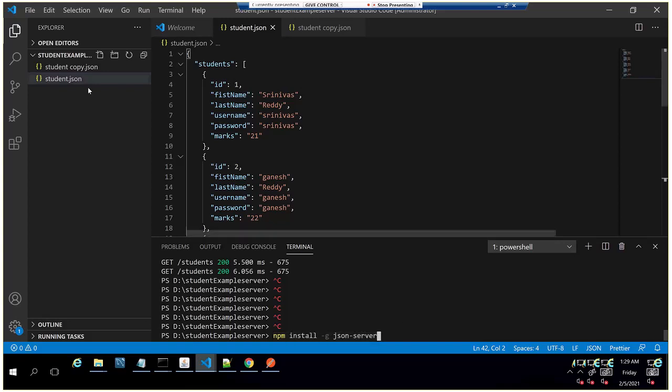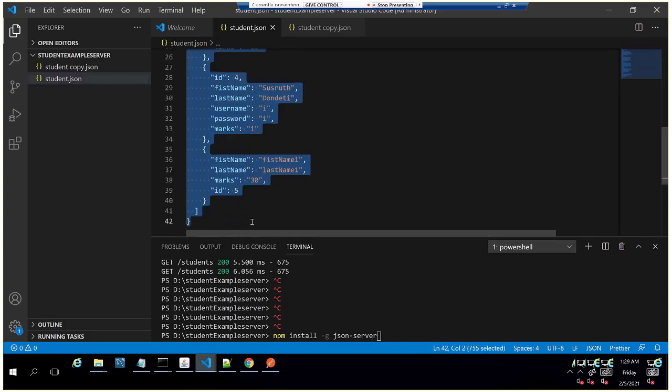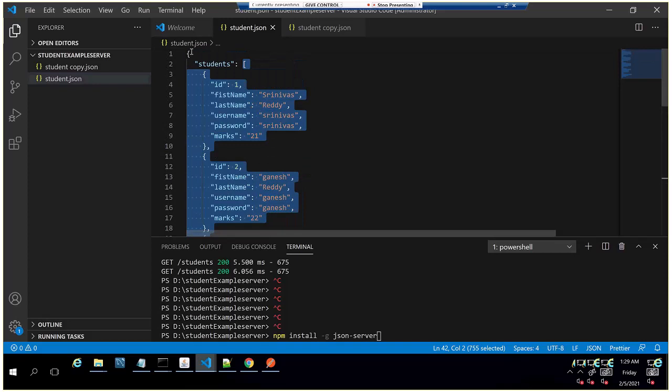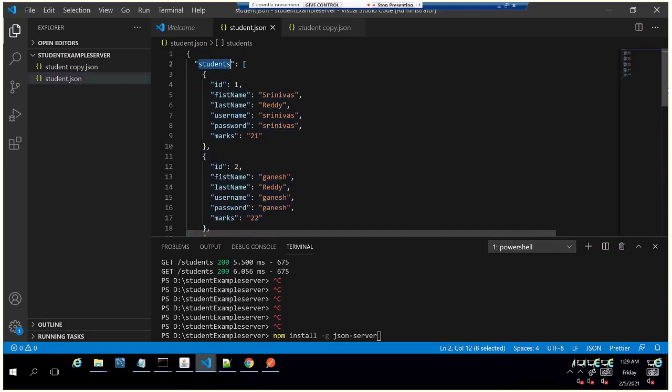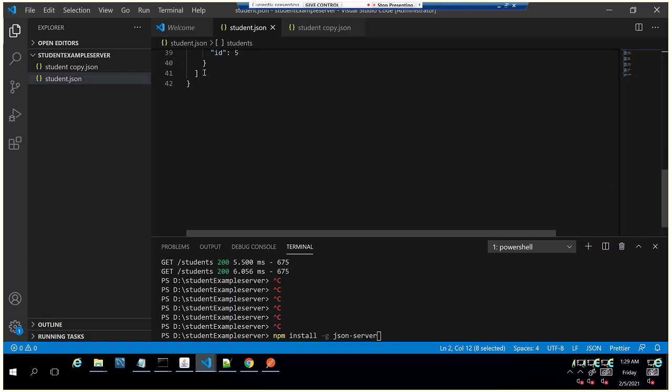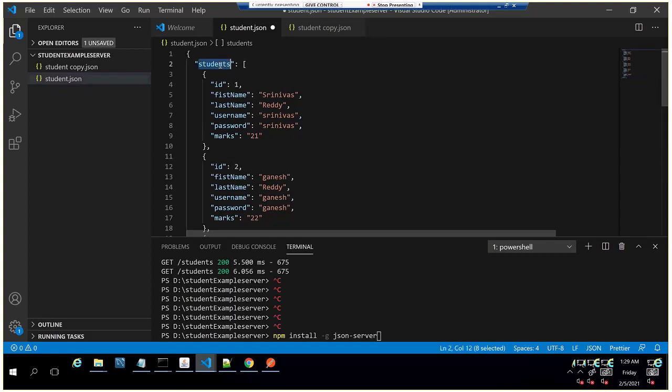Once this is done, create a file. It should be like a key and a value. Using this key, we can access the entire object. Similarly, here we have created the student object. Even after the student object, we can create another object here itself. After this array is completed, we can add another key, like players, and create another list like this. So I can add multiple players here. And when we access slash students, we get this list.